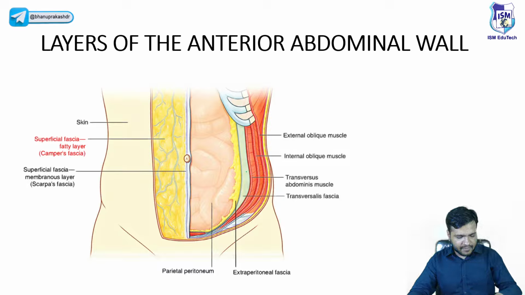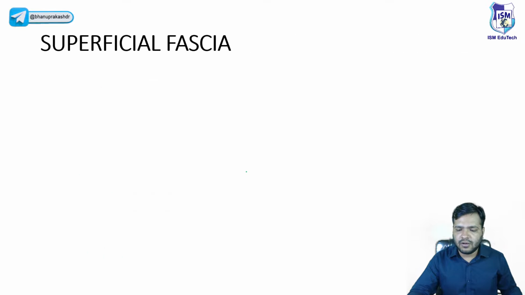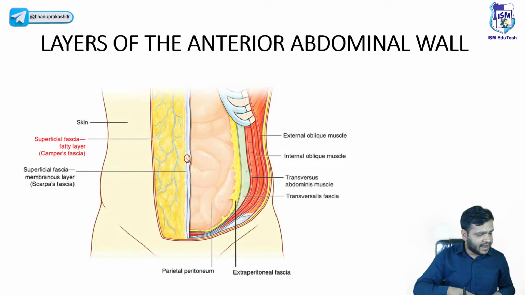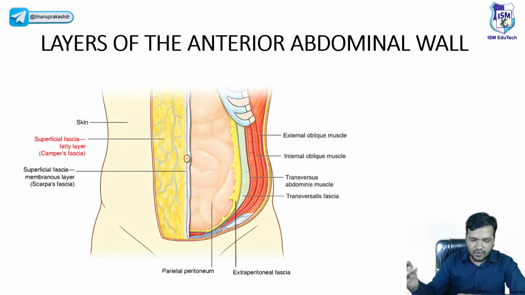Now put the next heading, guys. एक thumbs up भी दे देना that you all have written it, and put the next heading, guys: the layers of the anterior abdominal wall. चलिए, नीट पीजी में क्वेश्चन आया था, जो चीज आ रही है वो बहुत इंपॉर्टेंट है, तो बेटा स्टार्ट कर दो।